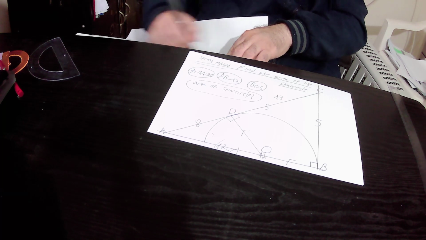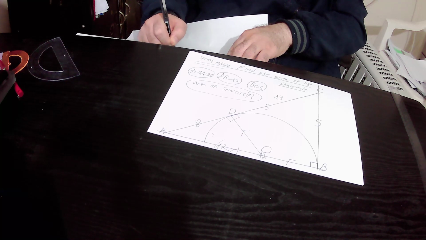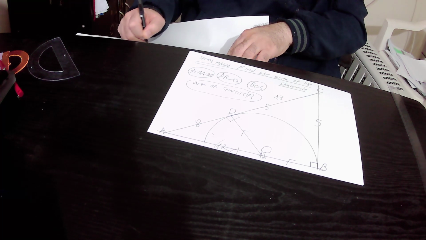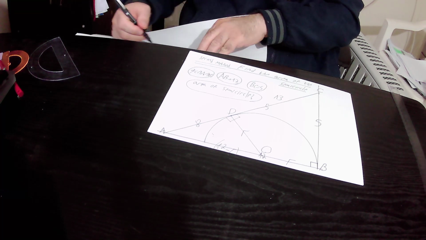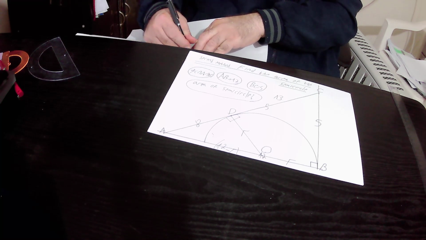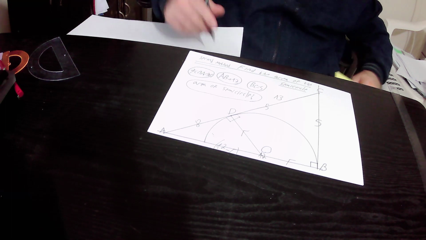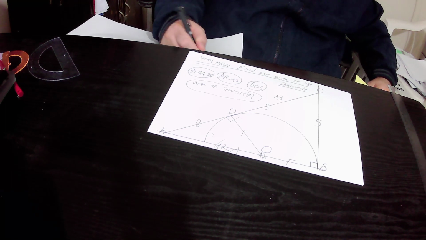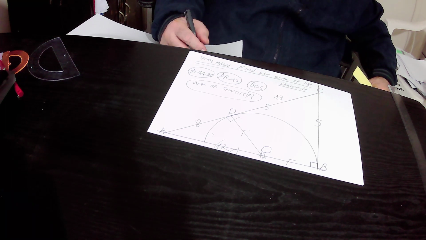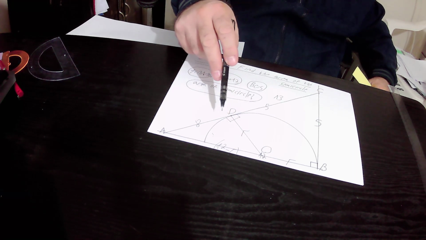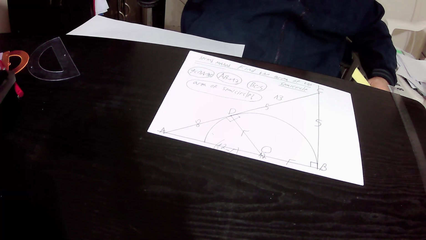According to the Pythagoras theorem, the square of the hypotenuse equals the sum of the squares of the perpendiculars. That is to say, the hypotenuse in this small right triangle ADO,